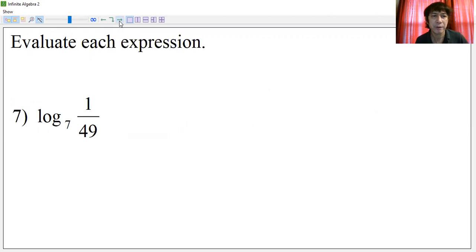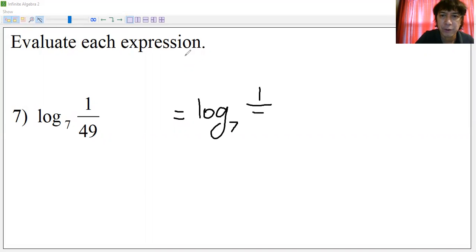We have here logarithm of 1 over 49 base 7. Now remember, 49 is 7 squared. Okay, 7 squared. So we can continue with the solution by just rewriting this logarithm to the base 7. We can write this like 1 over 7 squared, like that. And then we can put that 7 squared at the numerator, making the 2 negative, and it will simply look like this.